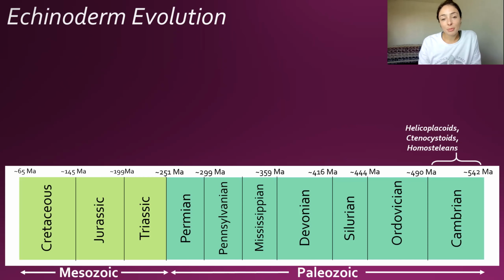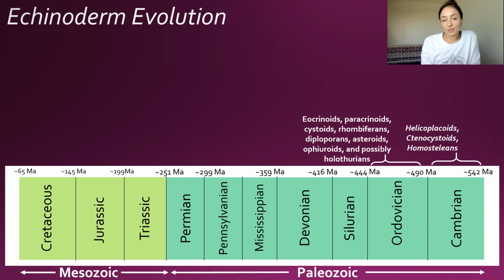These include the helicoplacoids, stenocystoids, and homostellian echinoderms. Next, we have some Ordovician groups evolve, and by some, I mean quite a bit. These include classes Eucrinoidea, Paracrinoidea, cystoids, which are often clumped in with the diploporans, which also evolved during this time, the rhombiferans, the astroidea, ophiuroids, and possibly even holothurians, which are things like sea cucumbers, but it's hard to know